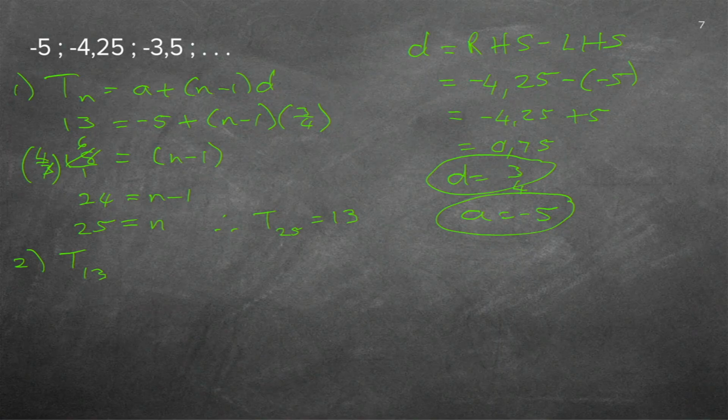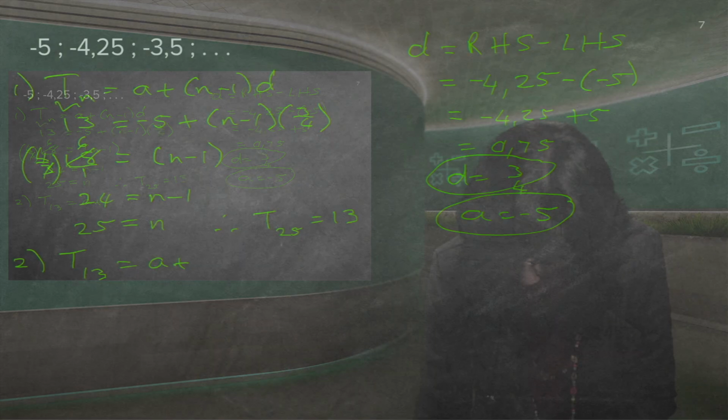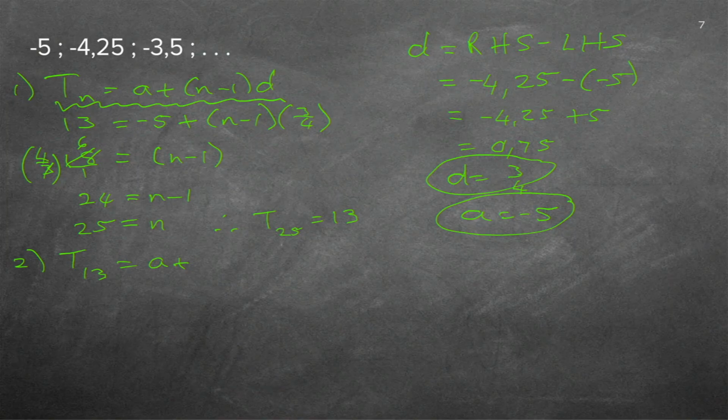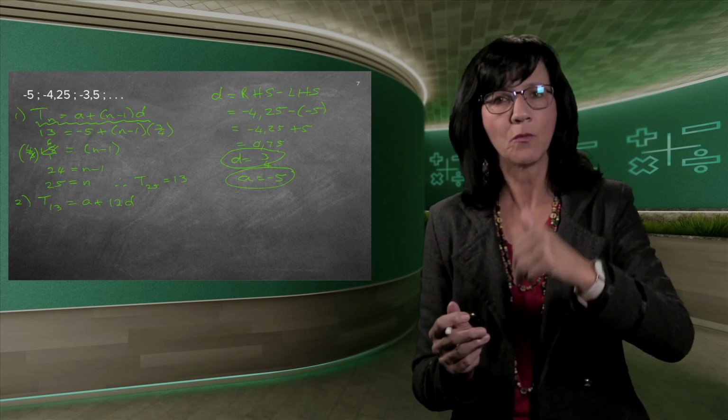So just if you look at that, you can already see they've given you the N. They're asking you the term. In other words, T13, term 13. So I'm going to do my formula, A plus. Now, remember the first step is always to write down your formula. So I'm just going to do this because I've already written down my formula. Now I'm going to fill in what I've got. But before I do that, if you've got n minus 1 and you know it's T13, immediately make it 12. Because if you do that, it just helps you not to have stuff in a bracket as well. Because I know it's always 1 less than n. And if n is 13, then 1 less than n is 12.